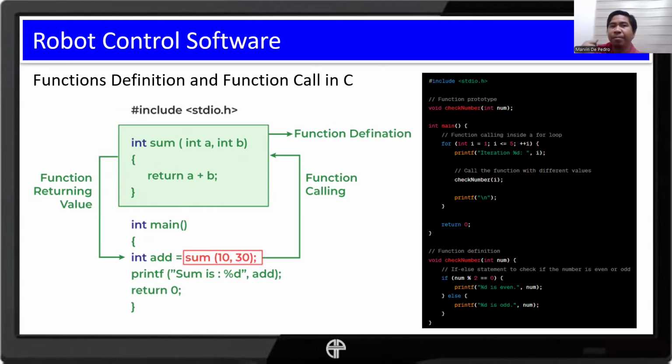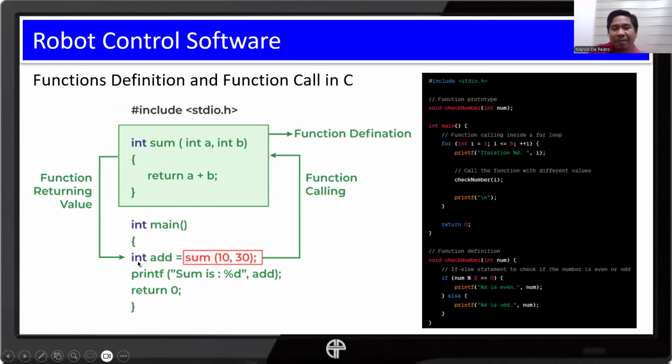So whenever we input an integer A and an integer B, and we call the function sum, it will basically add those two values. Now this is the part where we call the function.